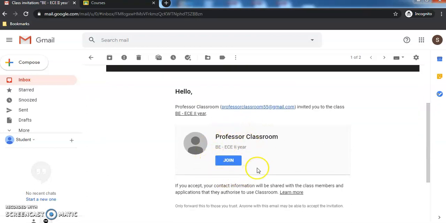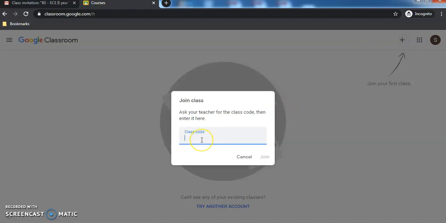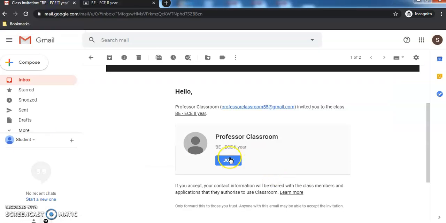So we can join this way, or else we can go to the classroom directly, click on join and give the class code which we copied there. So you can click on the class code and click on join. So this is one way of joining. Another way is just clicking on the join button here.